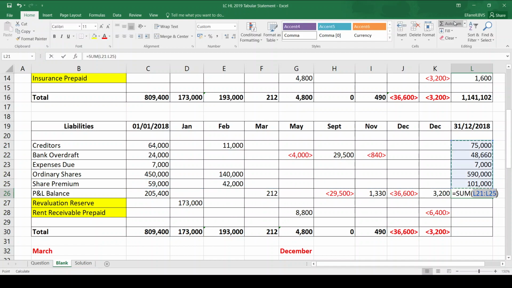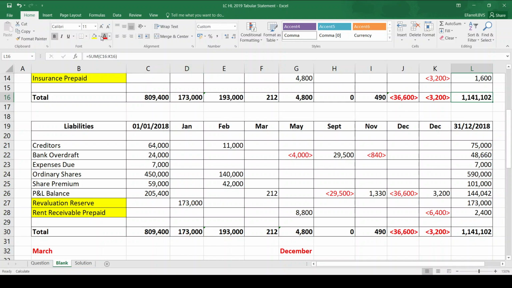Share premium, 101,000. Profit and loss balance, 144,042. Revaluation reserve, 173,000. Rent receivable prepaid, 2,400. And the total again comes to